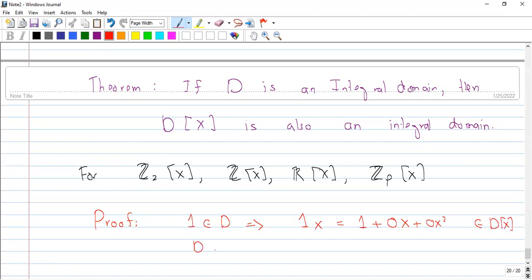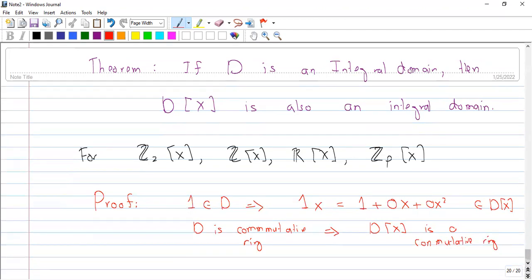So we know that D is a commutative ring because polynomial ring तो खैर हमने बनाया हमेशा commutative rings के ऊपर पे. So D is a commutative ring, so it implies that D[x] is a commutative ring. What we need to show is that D[x] is free from zero divisors. So what is my claim that